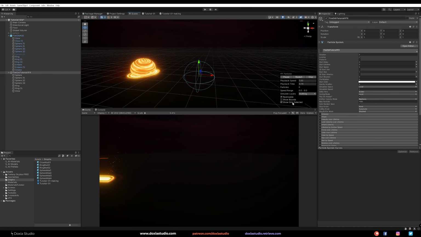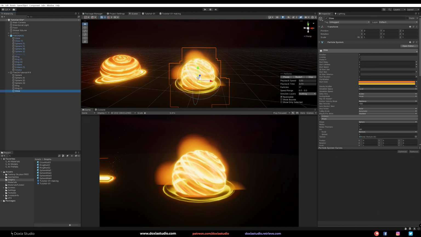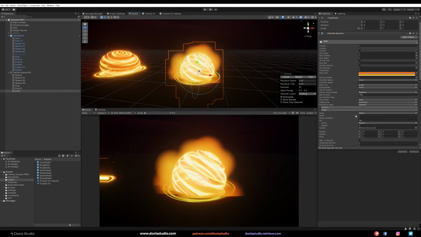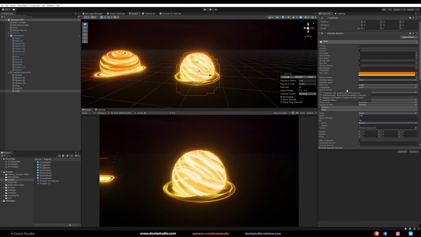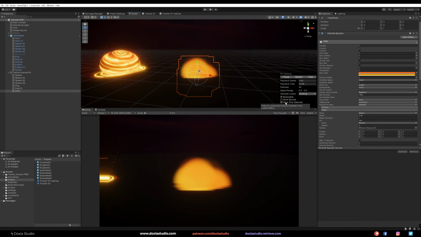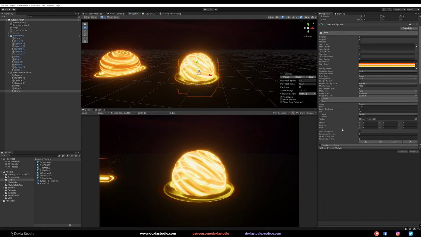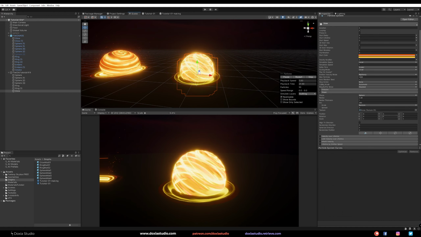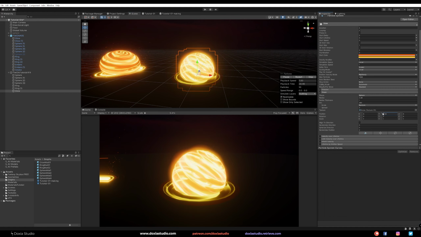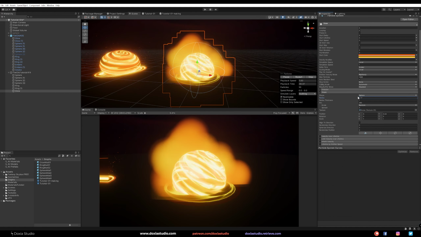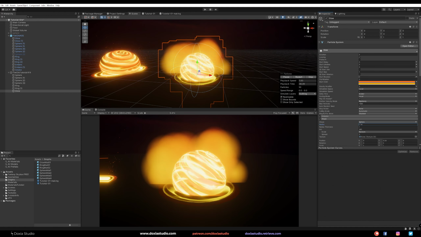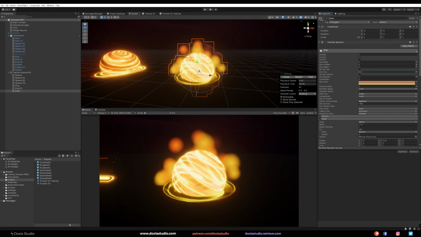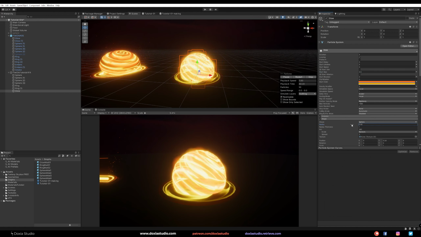And now I want to see everything so we can see the size of our sphere, as you can see there. So let's decrease the radius, something like that. Hey, that's pretty cool. So we have our sphere and we want to move this up. Again, you can use the transform, or you can come here to the position and move it here. That's pretty cool. So let's dial down, and let me see one thing is that the size here is way too big. Let's go with 0.5. Yes, something like that.